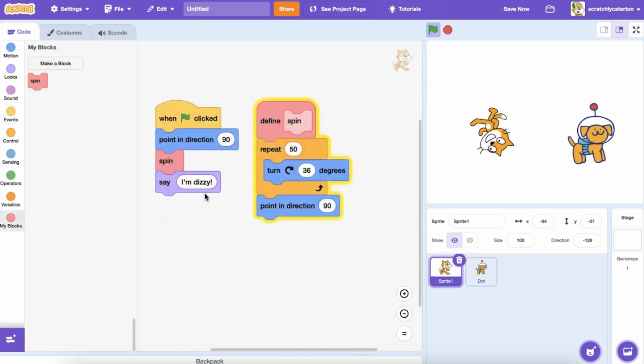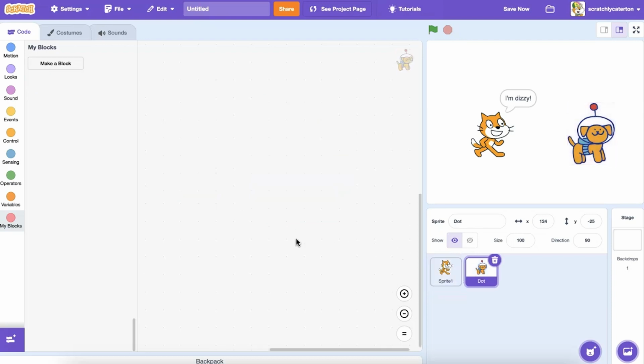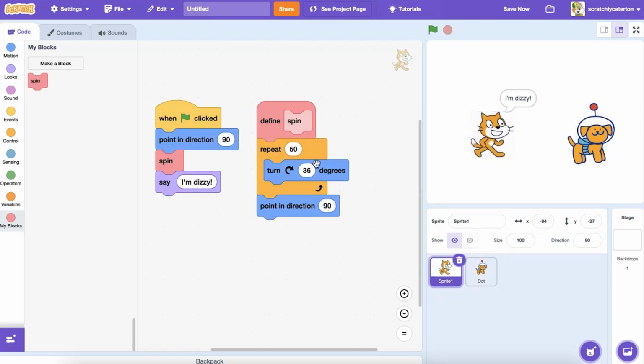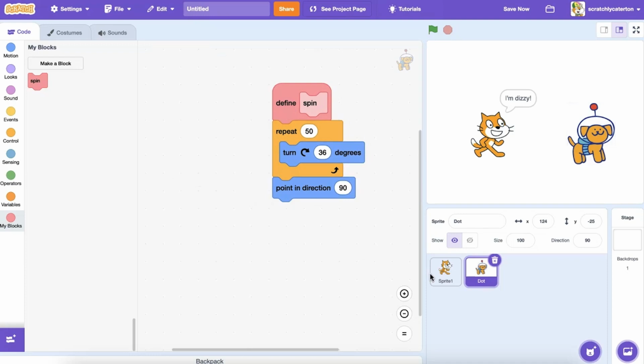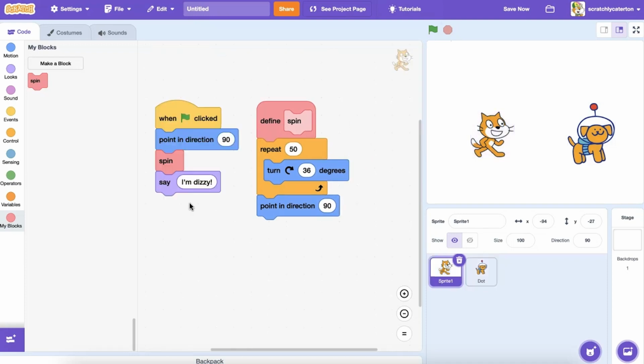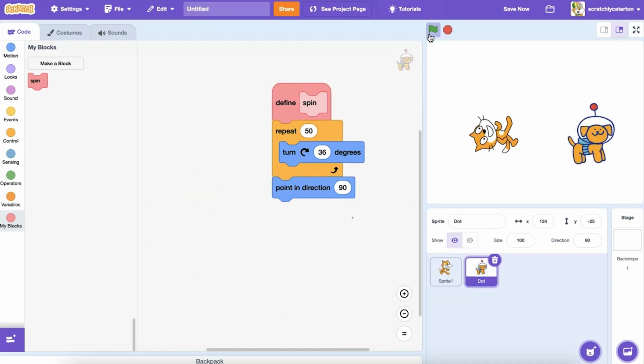It's also important to note that custom blocks are specific to the sprite where it was defined. When I move to a second sprite, you'll see my custom block isn't there in the blocks palette. If I want to use the same code for additional sprites, I'll have to copy my definition to each sprite. Unlike a broadcast block that can send messages globally between all sprites and backdrops, a custom MyBlocks block is local, usable only by the sprite it's defined on. The call for the custom block isn't received by any other sprites, even if their custom block has the same